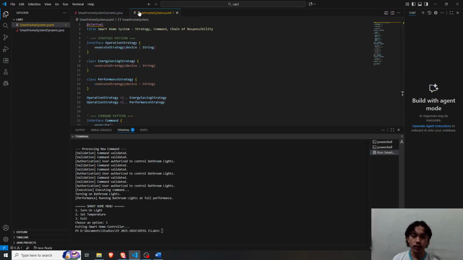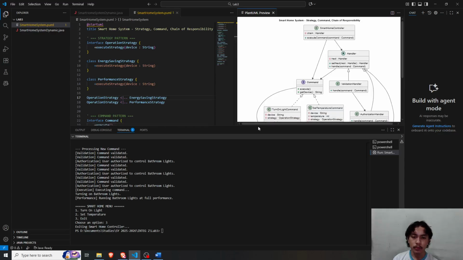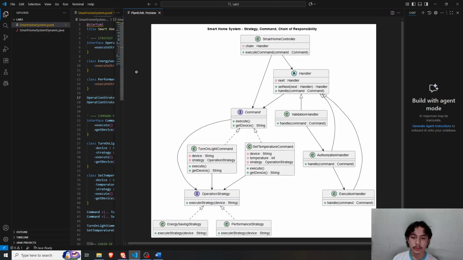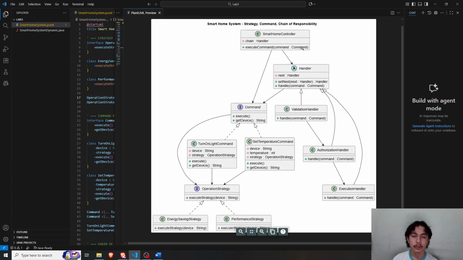So we'll proceed with the UML. This is the UML diagram. Here we have the smart home controller, which has a chain attribute and an execute command method.